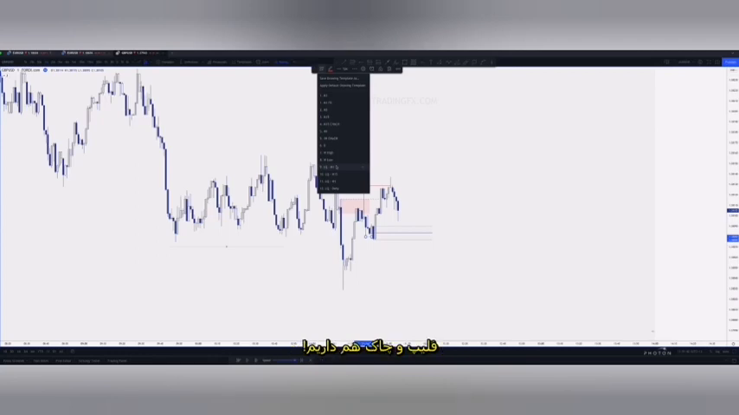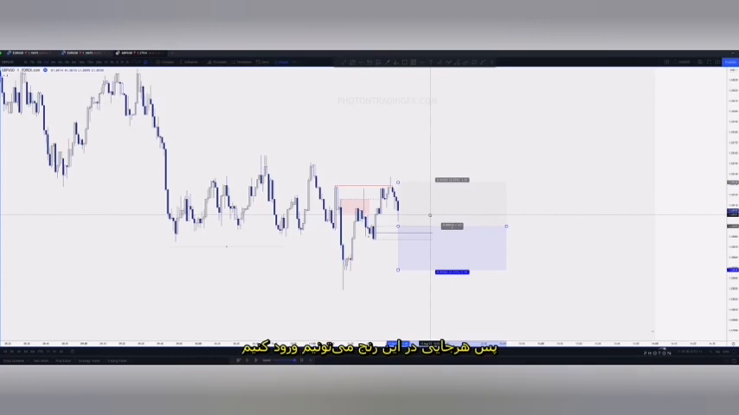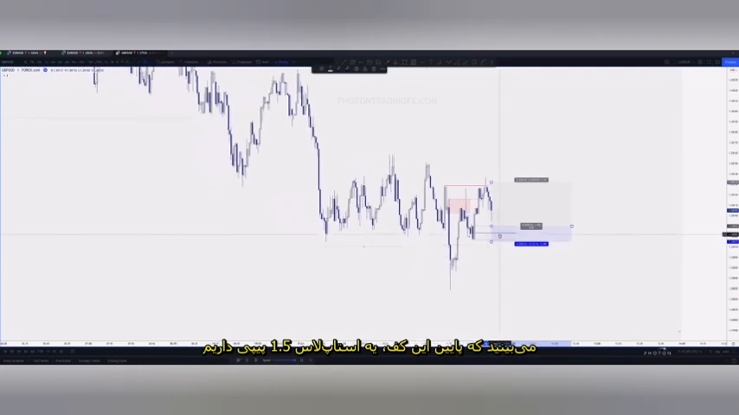We have a flip, and we have a change of character. So that's how you can use all of that confluence together to give you a good indication that this is going to be a decent level to trade from. Of course, we can enter anywhere within this range. Now, as you can see, just covering below that low there is a 1.5 pip stop, which in this case